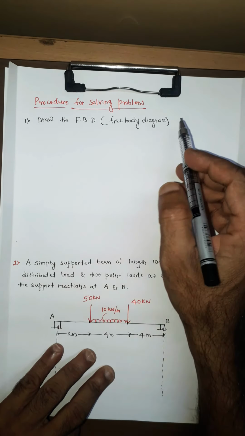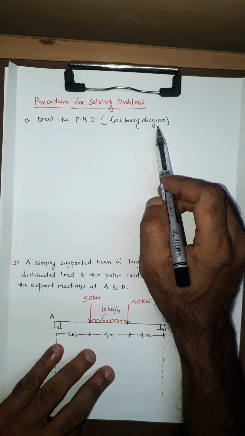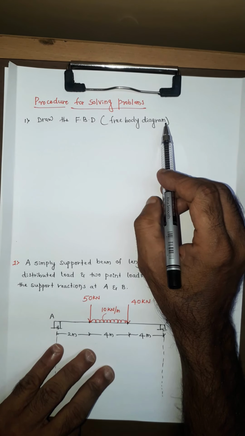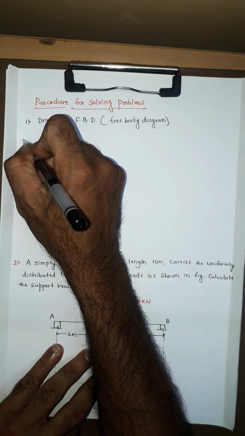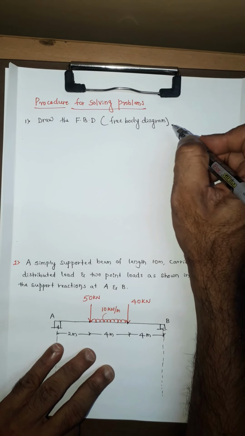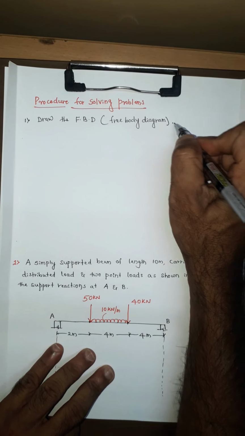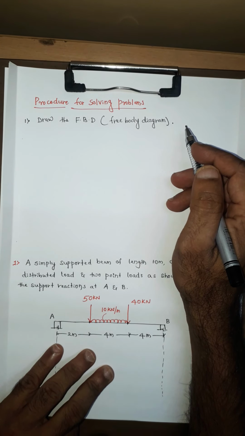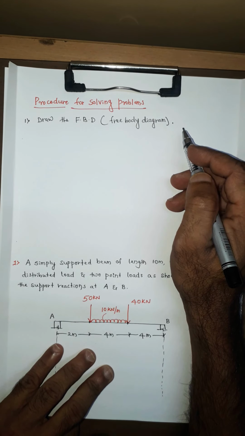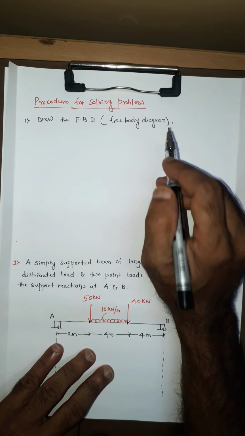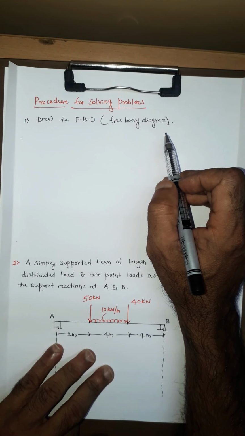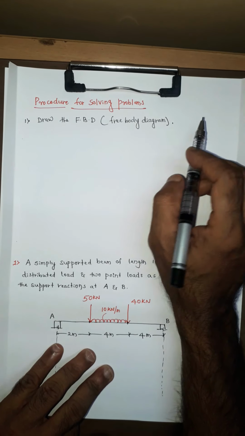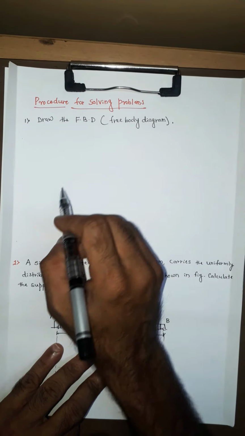Okay. So when you draw the free body diagram, it will clearly indicate how many reactions are there for the supports. Another important thing while drawing the free body diagram: the point loads will be shown as they are. Then if there are any uniformly distributed loads or uniformly varying loads, these loads will be converted into point loads. So you have to reduce all the uniformly distributed loads, that is UDL and UVL, and convert them into point loads. That diagram is called a free body diagram.